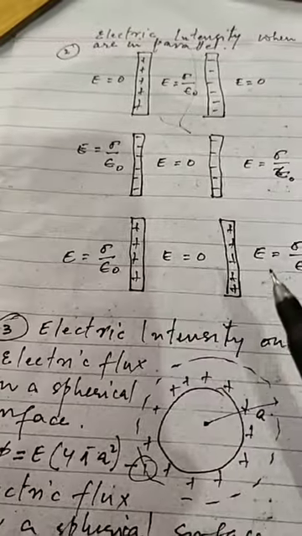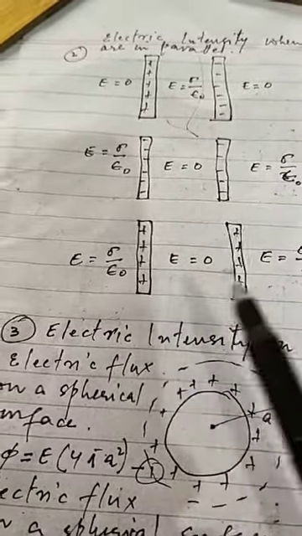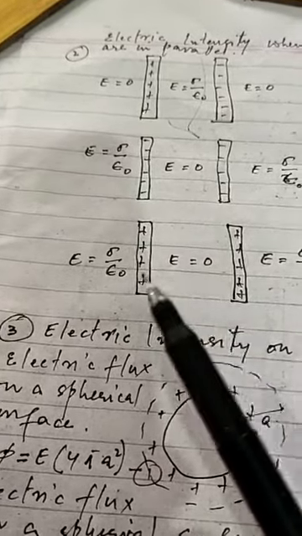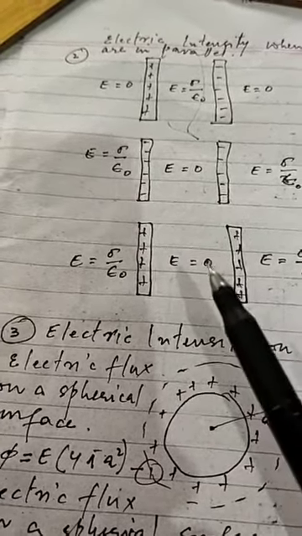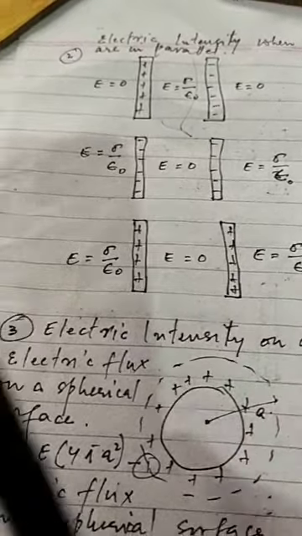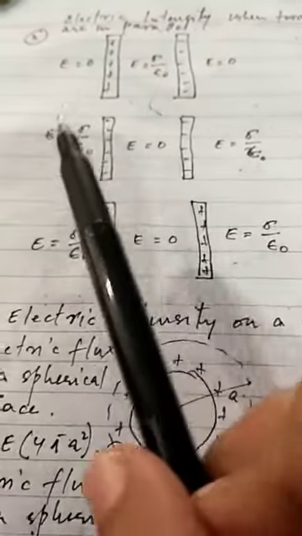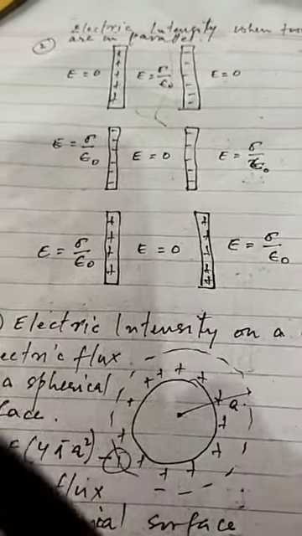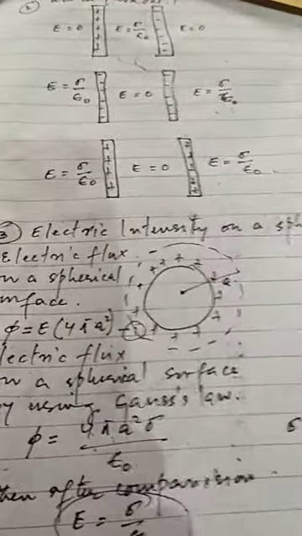It is the third option, in which two charge sheets are placed in parallel and both are positive. If you calculate total electric field intensity between the sheets, then it will be 0. And if you calculate total intensity at right hand or left hand, then it will be the same as negative charge sheets, meaning sigma over epsilon naught. It was the second application of Gauss's law.